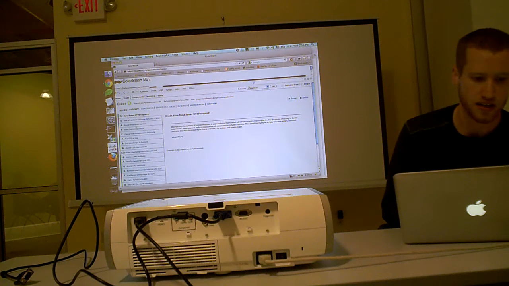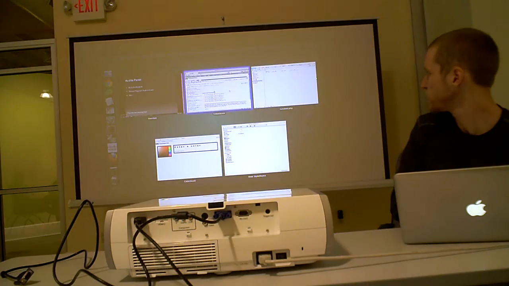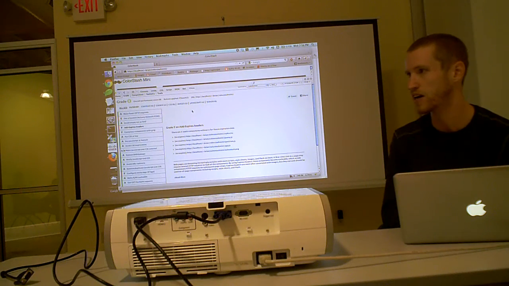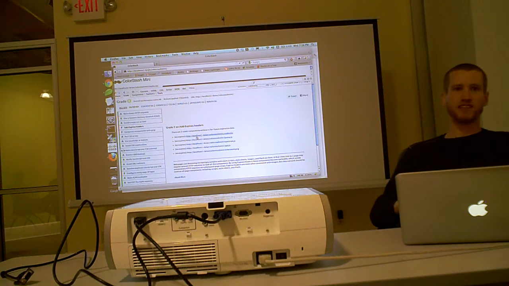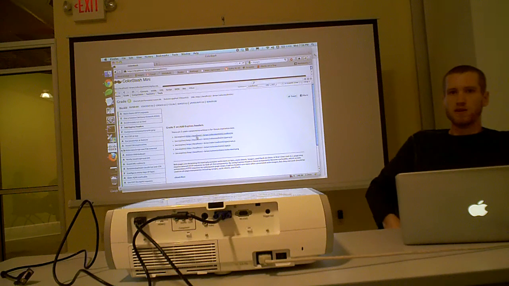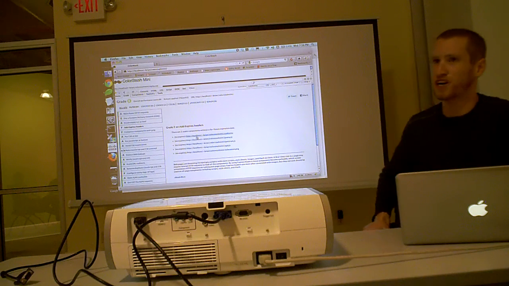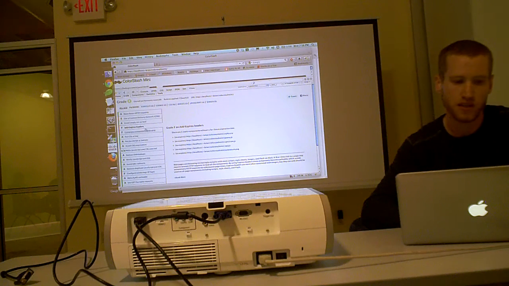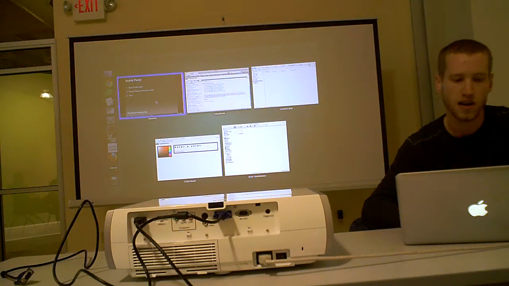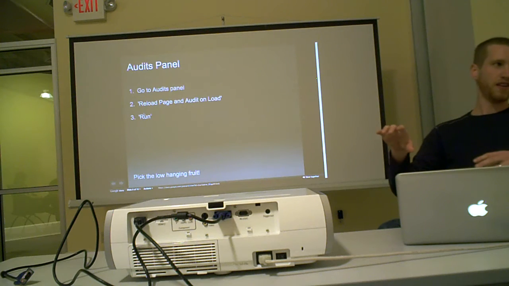It tells me here, I'm running this on the built-in Apache server on OS X, and I'm not setting expires headers. What that means is every time I reload this page, it's going to re-download the files, as opposed to checking to see if it needs to. So potentially a real small request that says, do I need to download this? Yes or no. Instead, it's going to have to download the whole file. Some of these things, I said pick the low-hanging fruit. Some of them are kind of a rabbit hole where it's like, hey,